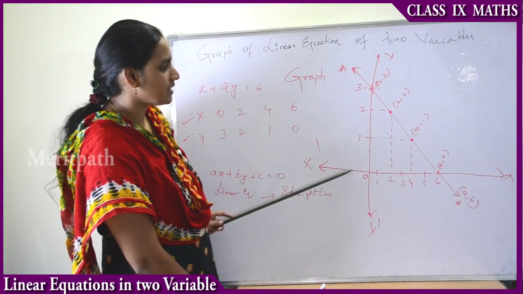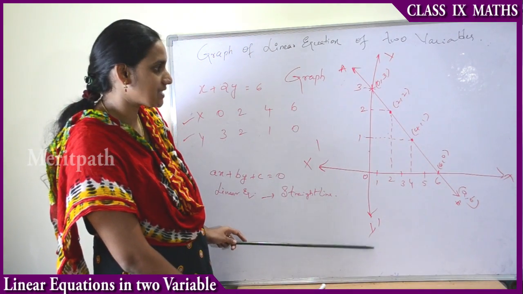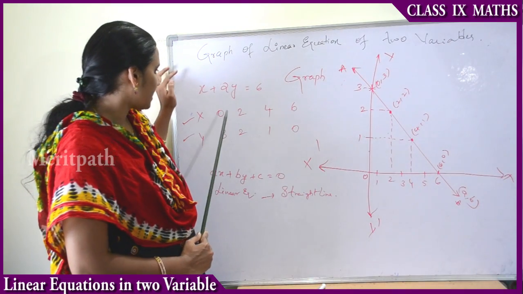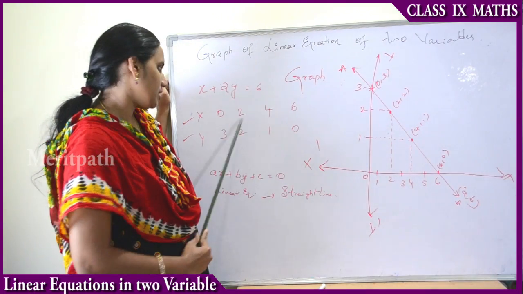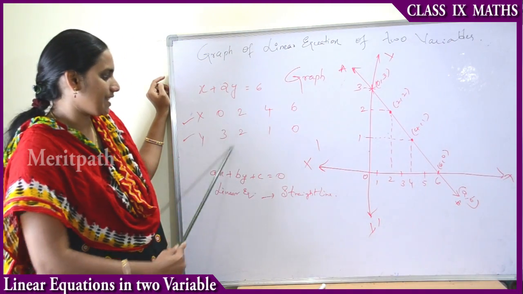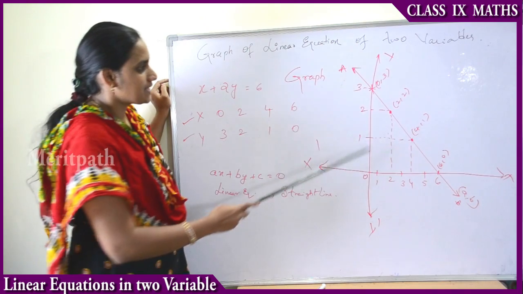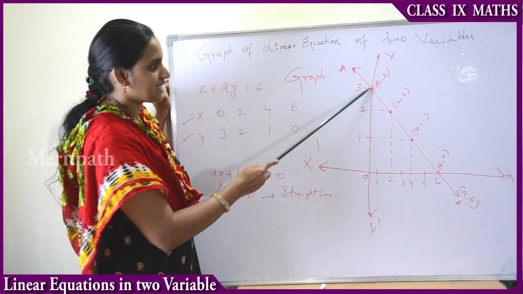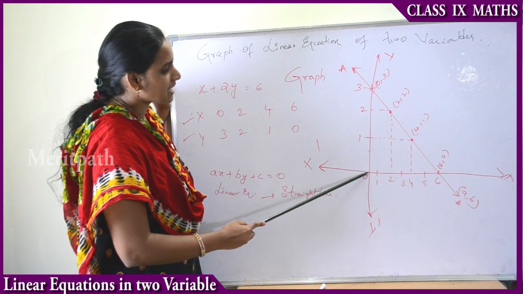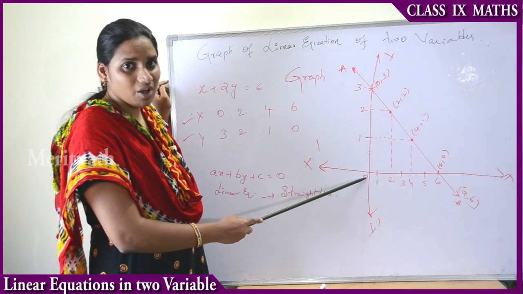That is, x is on the horizontal and y is representing the vertical axis. Now, suppose we take as first set (0, 3). Now, 0 represents the x coordinate and 3 represents the y coordinate. So on y we will be measuring 3 units, that is the y coordinate. And on x it is just 0, so it will be representing the origin.